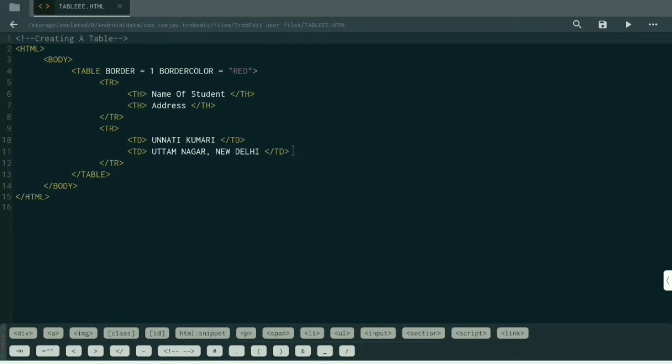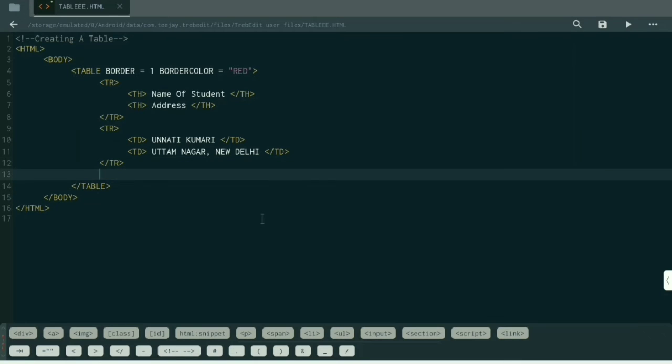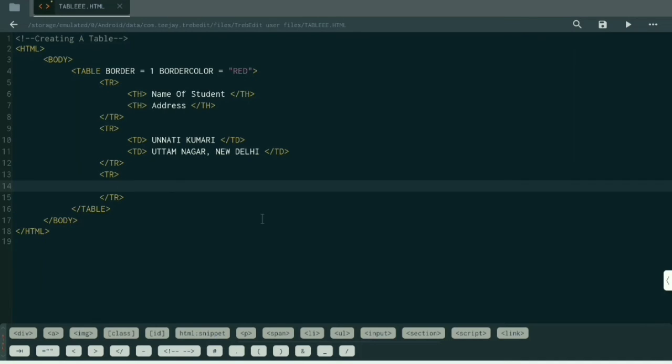Now second record I am going to enter. Again I will use TR tag for each and every record. Means for table row we have to use TR tag. Inside TR tag we will enter data using TD tag.